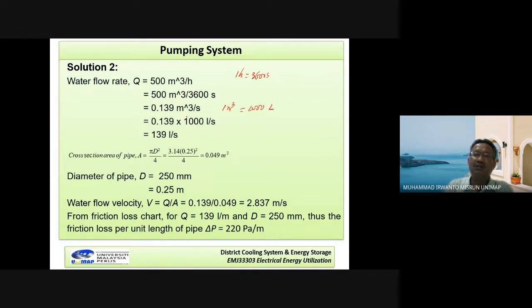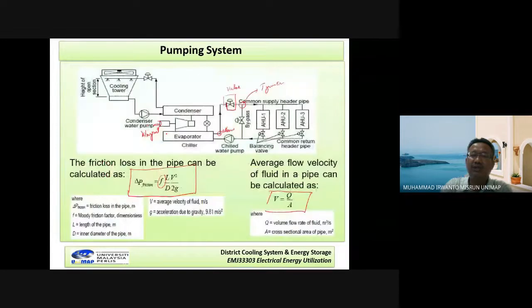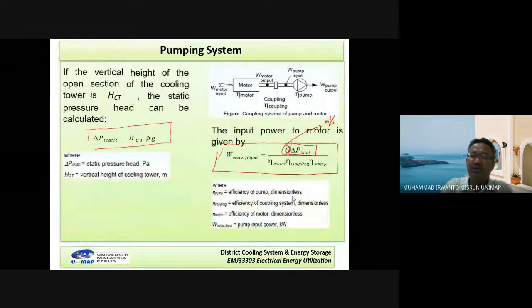Now, this one should be multiplied by 1,000 liter per second, which is equal to 139 liter per second. If you want to find the velocity, you follow this formula: velocity is Q over A. Q here is in SI, meter cubed per second. A is the cross-section area. Because of the shape of the pipe,